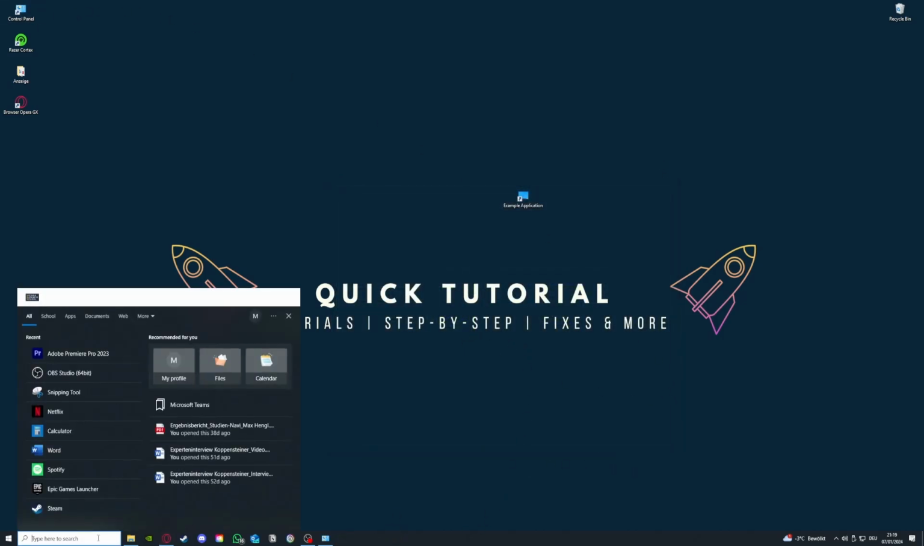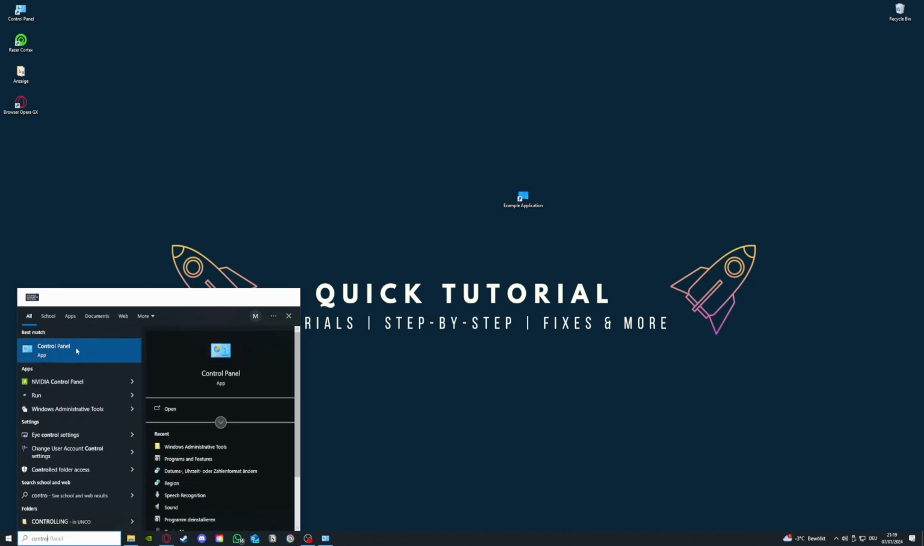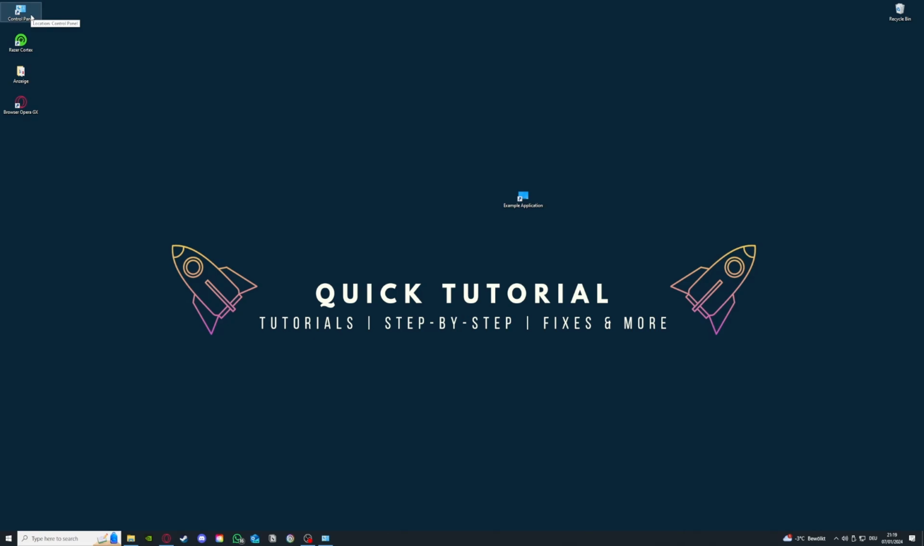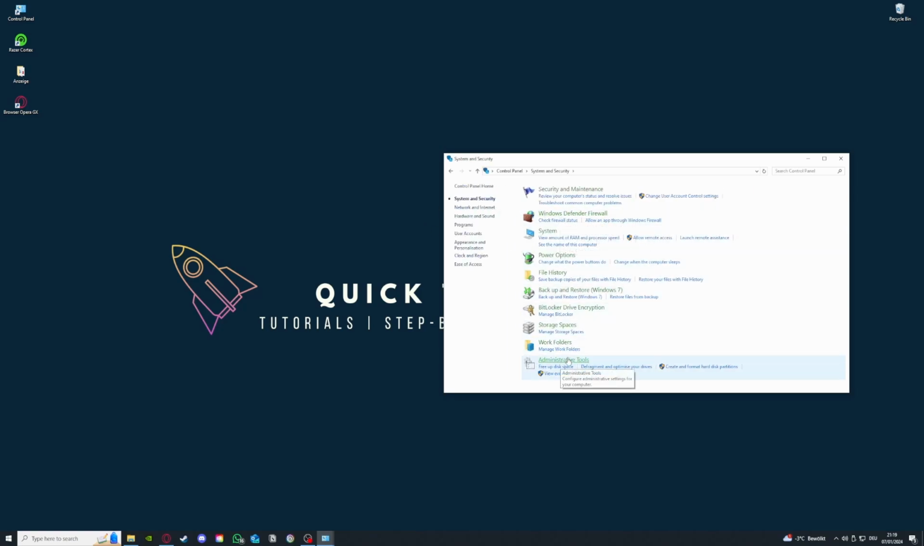And yeah, so the third fix I have for you is in the control panel. You can go to the search bar down here and type in control panel, or I have the control panel right here. I'm gonna double click it, and you want to go here to system and security, then go to administrative tools,